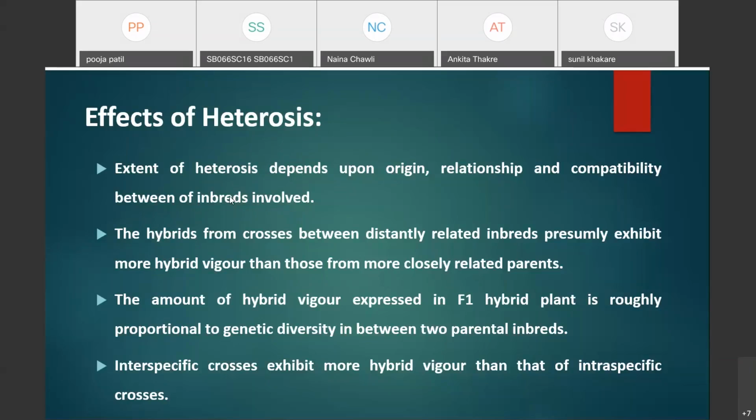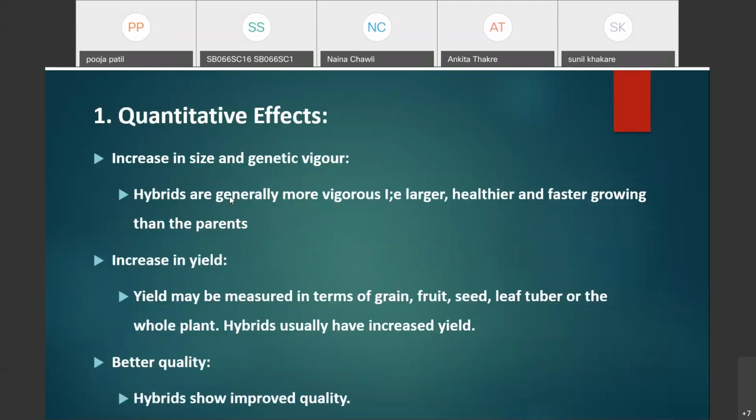We are discussing the effects of heterosis. These effects of heterosis can be studied under three subheadings. The first is the quantitative effect, the second is the biological effect, and the third is the physiological effect. Hybrid vigor, or heterosis, does not affect the individual as a whole, but it affects its separate parts,